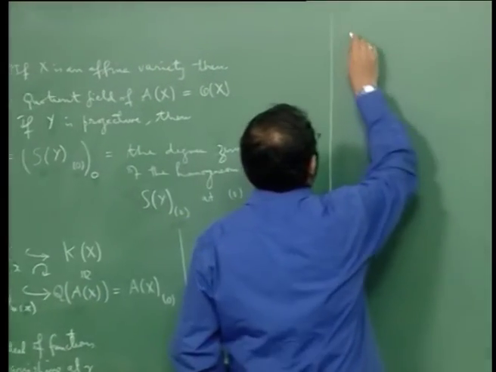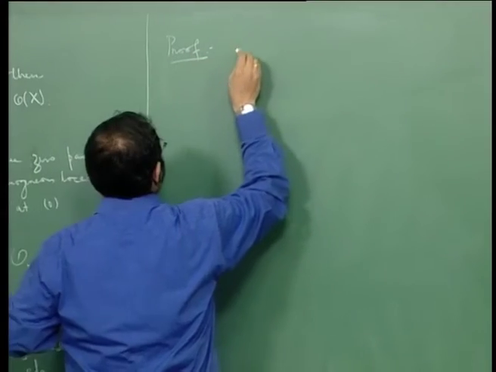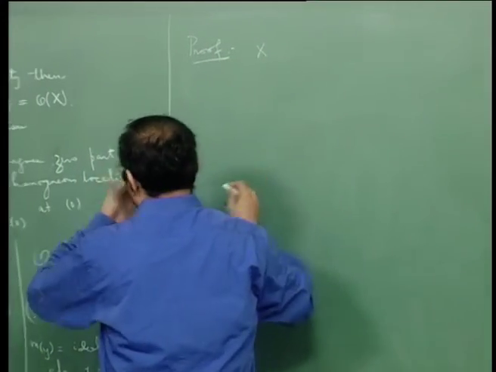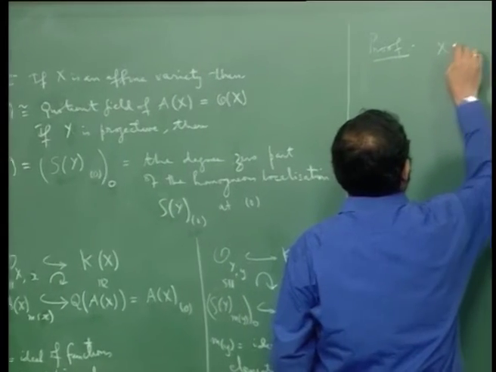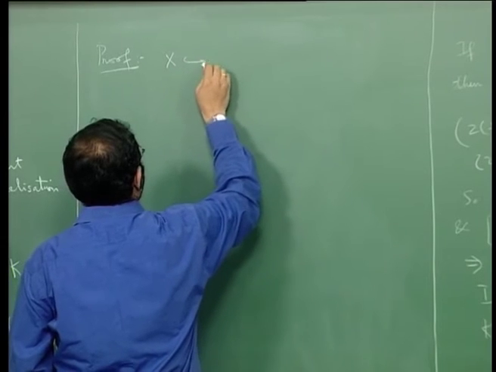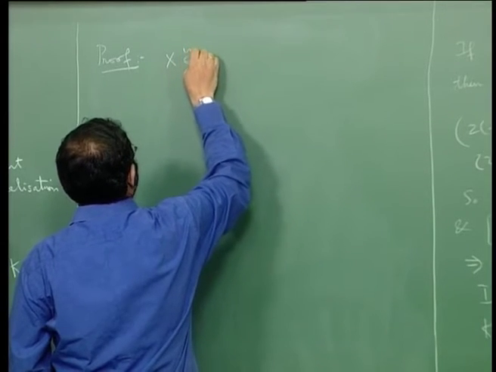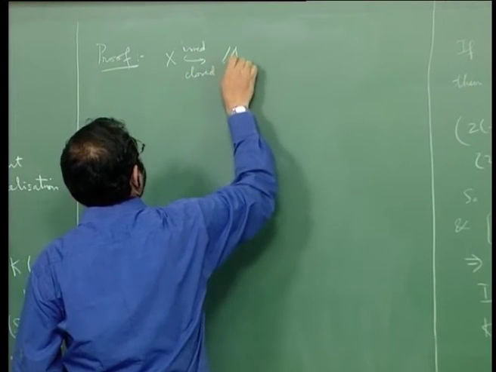So here is a proof. We start with X, an affine variety. X is irreducible closed in some A^n,